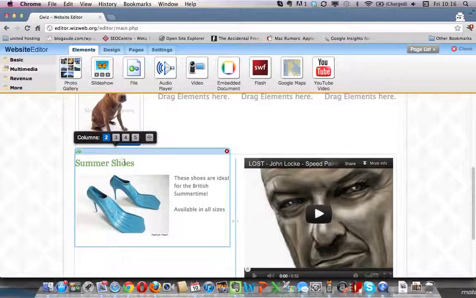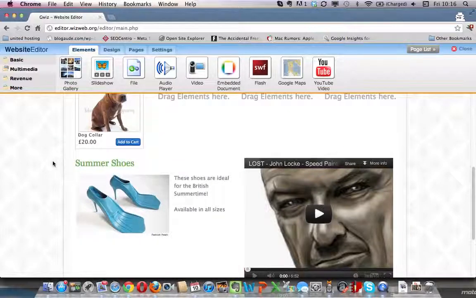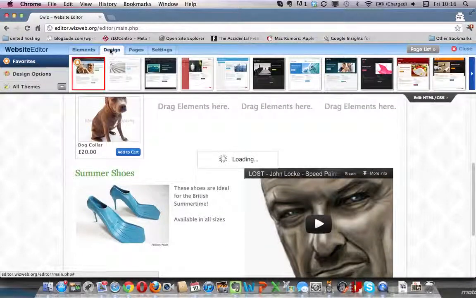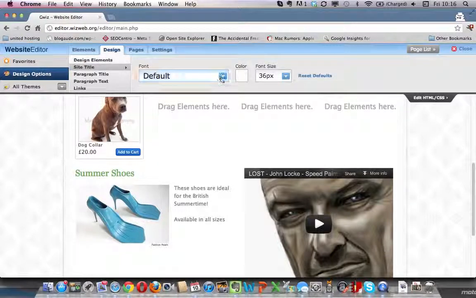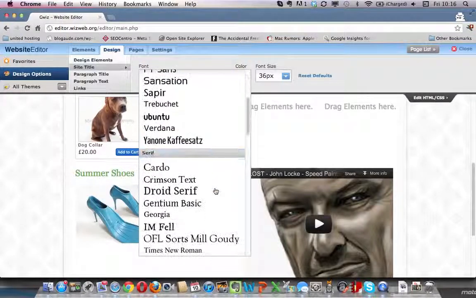with its own sort of font set, if you like. So if we go back to design, go to design options, we can actually choose, we can turn the social icons back on again that we switched off earlier. We can choose the site title, what font it's in. So it's in a default font at the minute. So if we like, let's